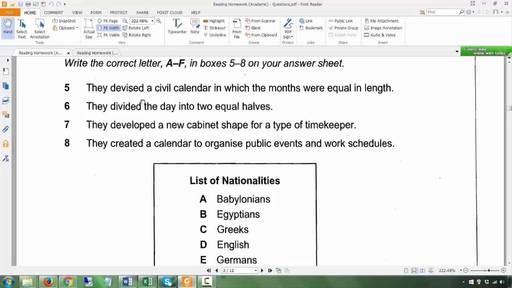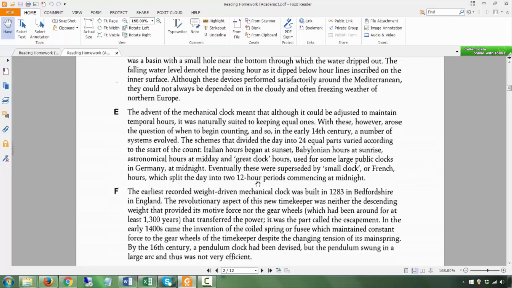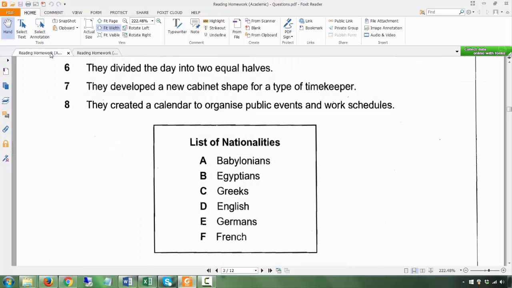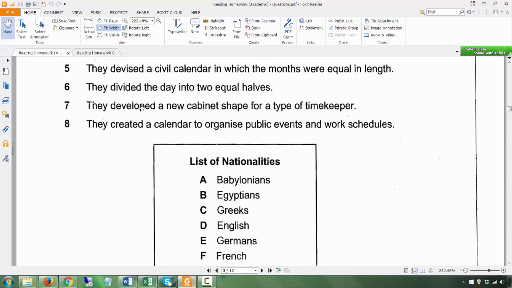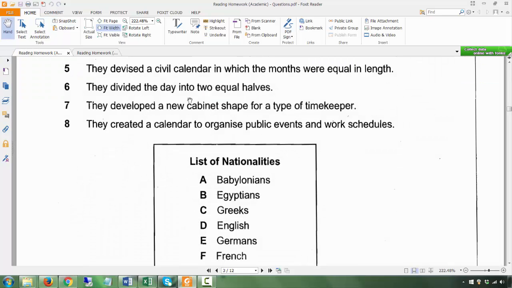One thing to note about this: sometimes they have a list of nationalities, sometimes they have a list of people's names. And when you have the names of people, that's an easy keyword. You go through the text and look at all the names of the people with capital letters, of course. So it gets quite easy. If you want to know whether question 5 is related to this person, all you have to do is go to the reading text and find the person's name, and then see the information given. Does it match question 5?